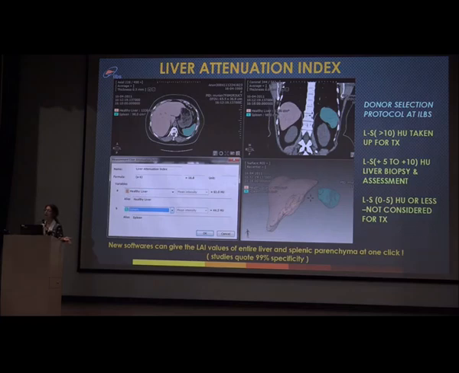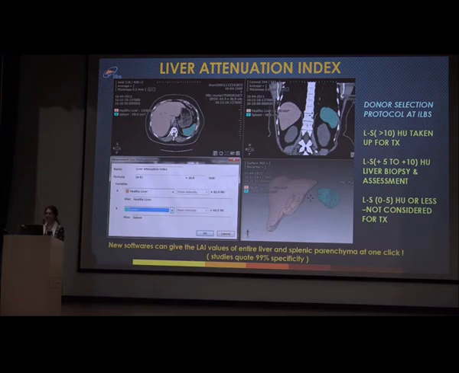Why do people go to the gym? Because they want to increase the muscle mass. So if you want to compare your liver and spleen and other tissues, muscle. A lot of studies are going on at ILBS with paraspinal muscles. We are seeing the intensity on CT especially, and we have a lot of software. So muscle is another tissue which you can compare your attenuation index with. Liver and spleen is usually used. Muscle is being used now more frequently, where we are assessing visceral fat vis-a-vis non-visceral fat, where muscle is the